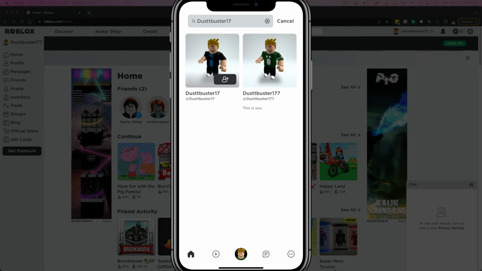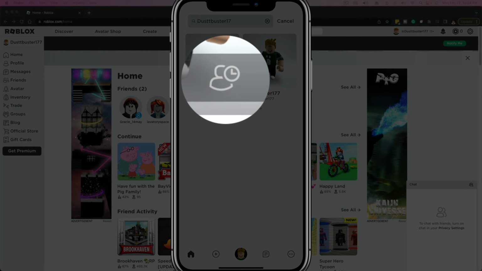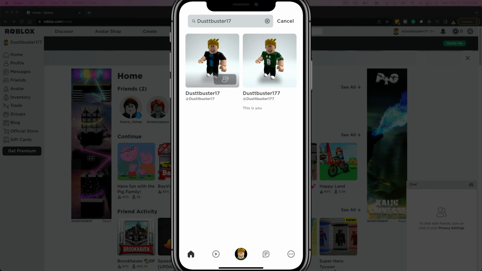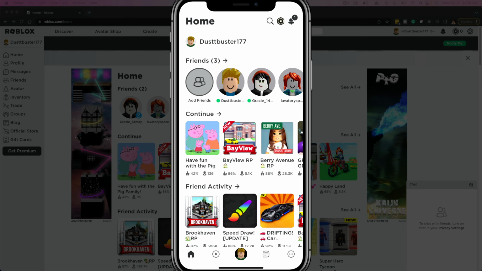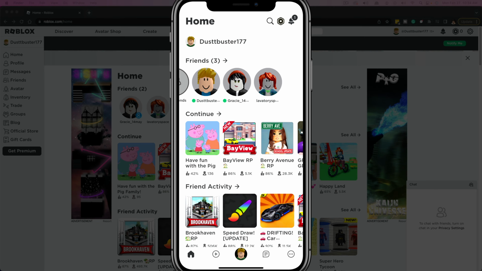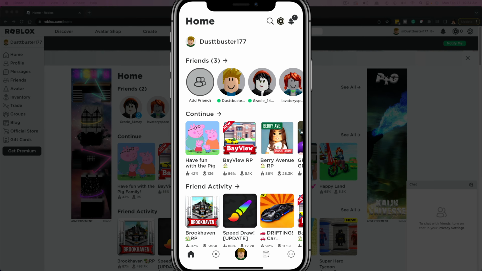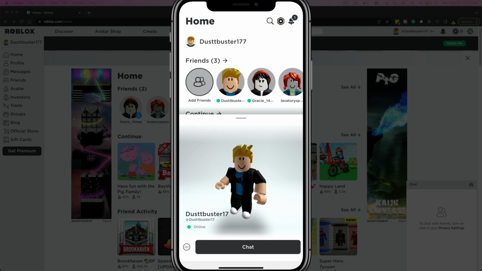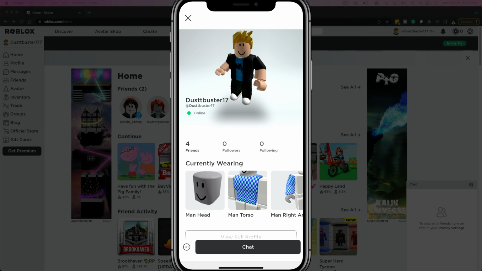Now, this is just another test account that I've created, but you should see the little avatar with the plus symbol on top of their profile. If you just tap into that, it'll show a little hourglass there, showing you that you have a pending friend request sent out to that individual. To see if they've accepted your friend request, you should see them now under your friends list. If you just go back to the home page on the Roblox app, you should see their profile there, where you can tap into that under friends,